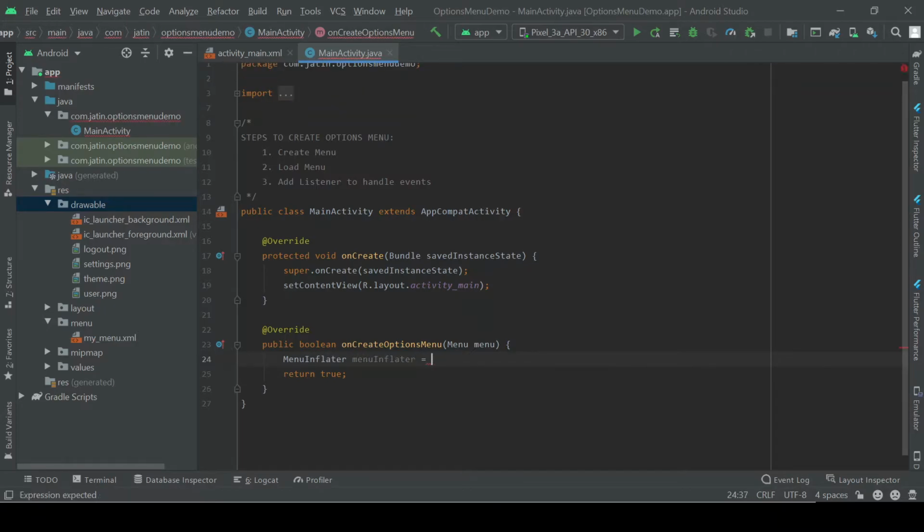From where will you get it? There is a method, getMenuInflater. So what is this method going to do? It can inflate the menu. Here, inflating means displaying, for simplicity. Fine. So we have to inflate the menu. Simply do menuInflater dot